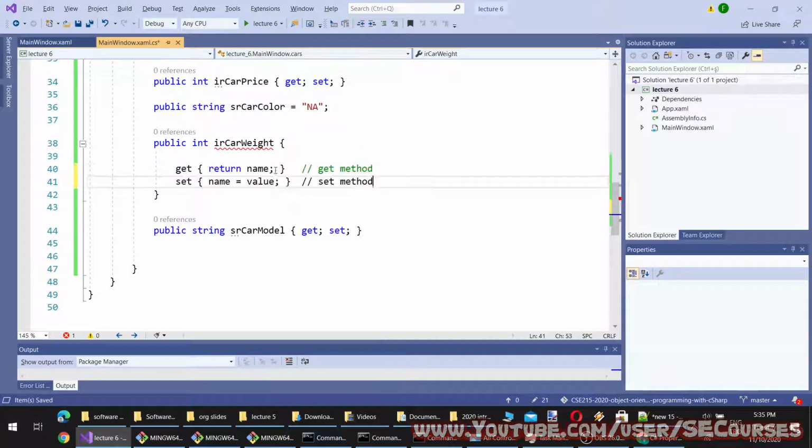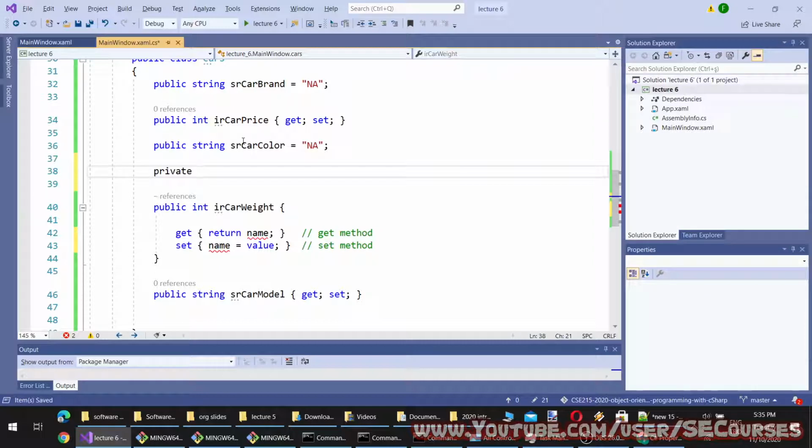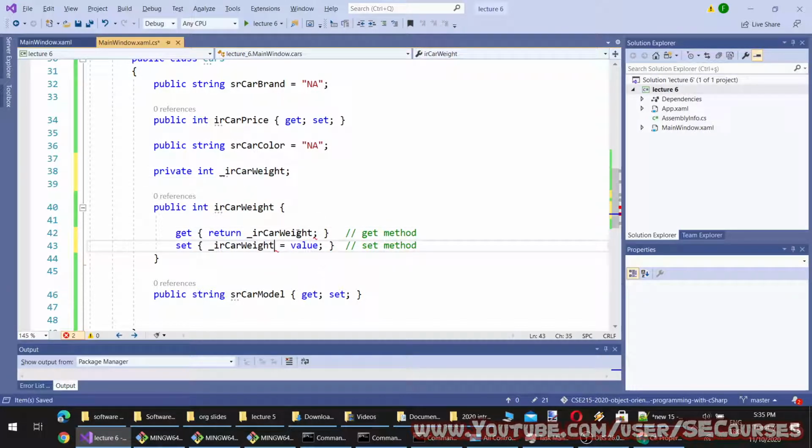To do that, we are going to define a private car weight field, and it will return car weight or set car weight.